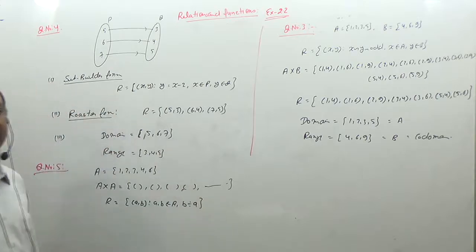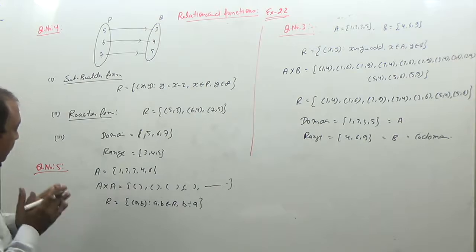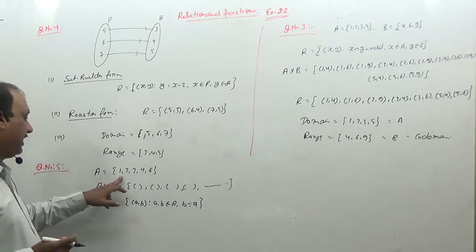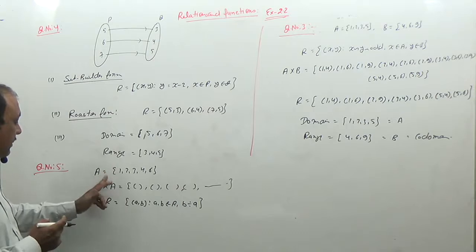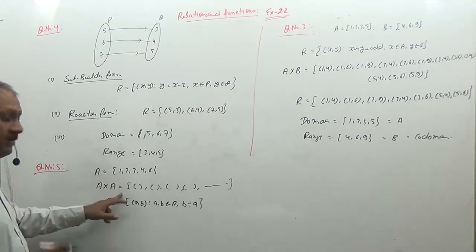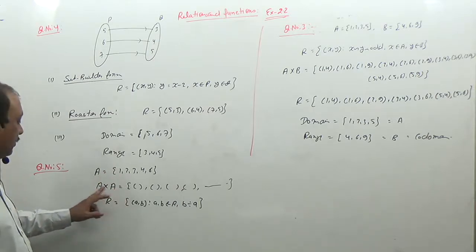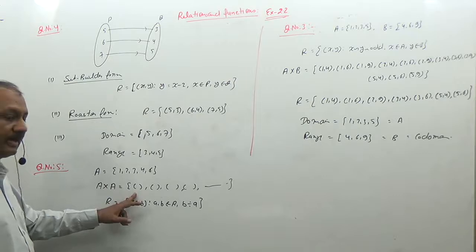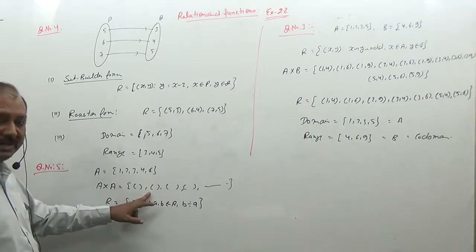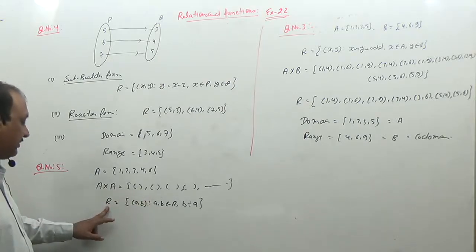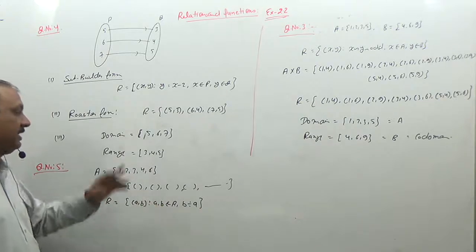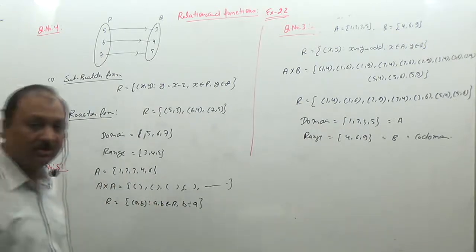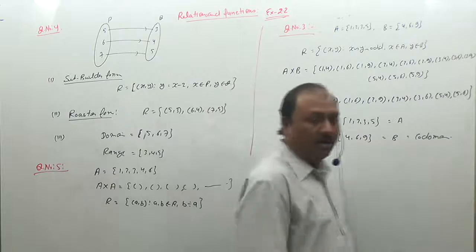This is the given property. Again, a set A is given as the elements 1, 2, 3, 4 and 6. There are 5 elements in set A. To form a relation, first of all, form ordered pairs. So take the Cartesian product A cross A and form ordered pairs; you will get 25 ordered pairs here. Then you have to form the relation R, in which you take only those ordered pairs where the second element is exactly divisible by the first element. So we have to filter them.